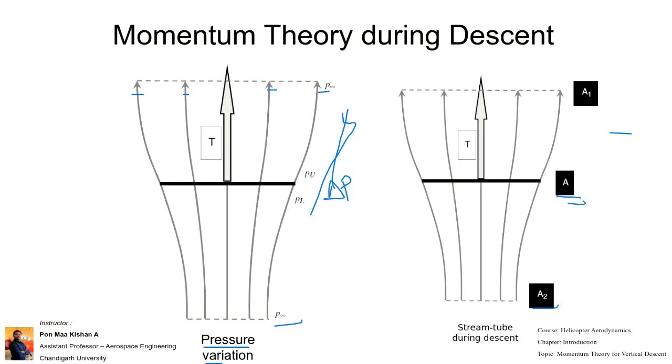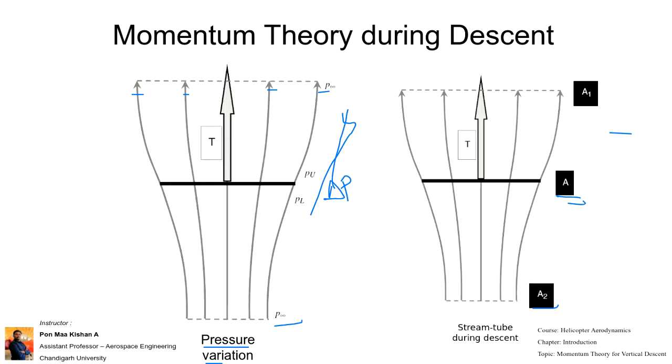So most of the people have answered that it is acting upward, right? And very few have said it is acting downward. Those who gave the first answer are perfectly correct, because even when we are descending and trying to land, we have to withstand the entire weight of the helicopter. For that, we need to generate a thrust, but the thrust is not greater than the weight. To withstand that, we give an amount of thrust so that we can maintain stability and land safely. That is the main agenda of this question. So during descent, the thrust will be acting upward only.